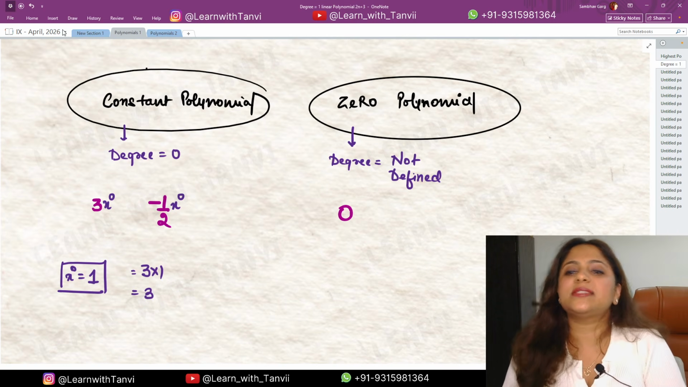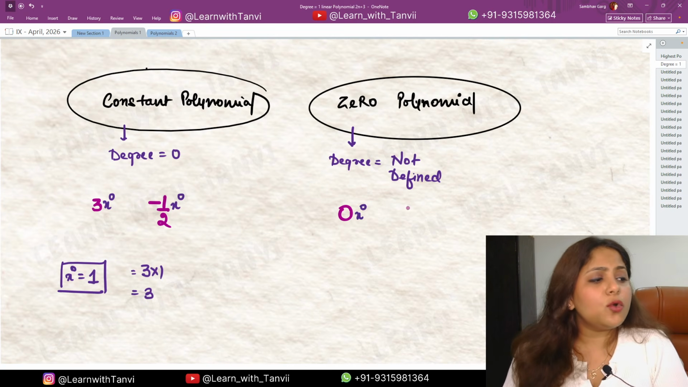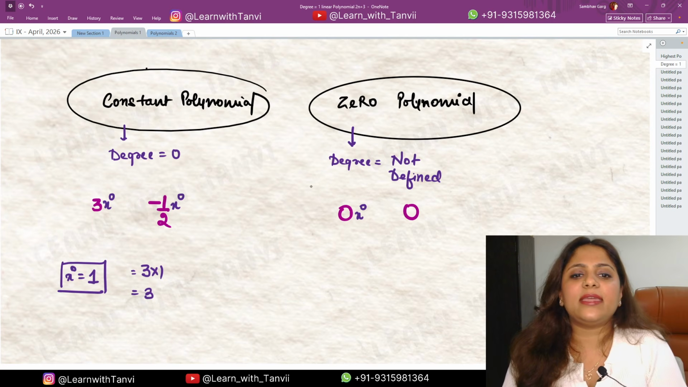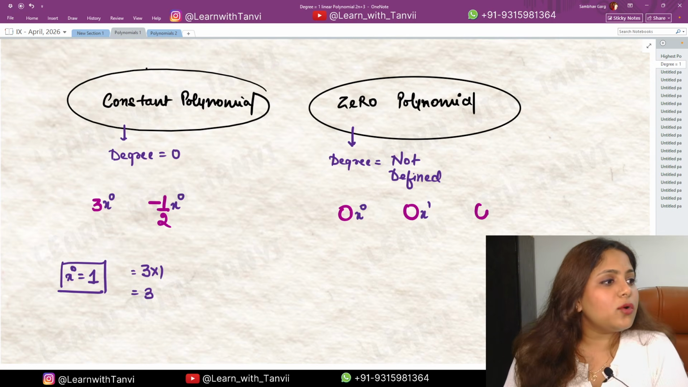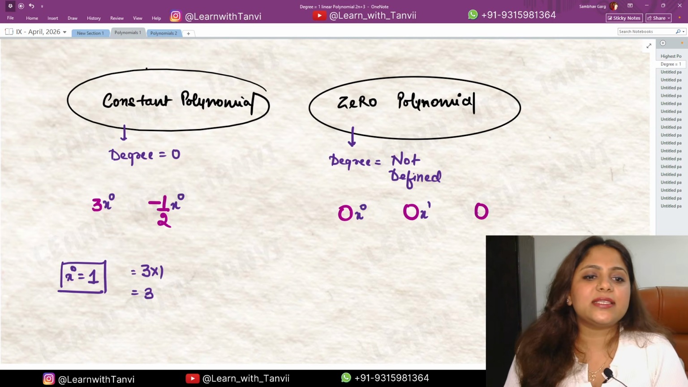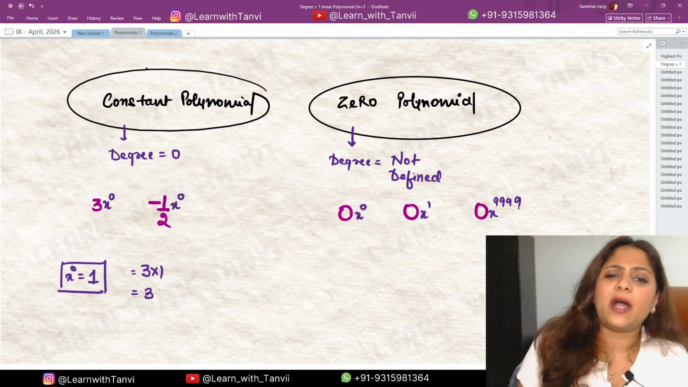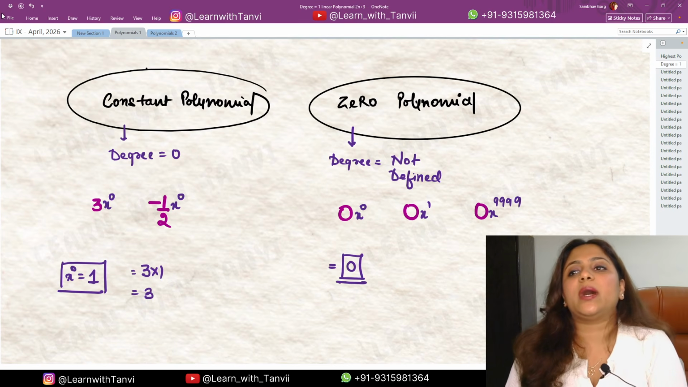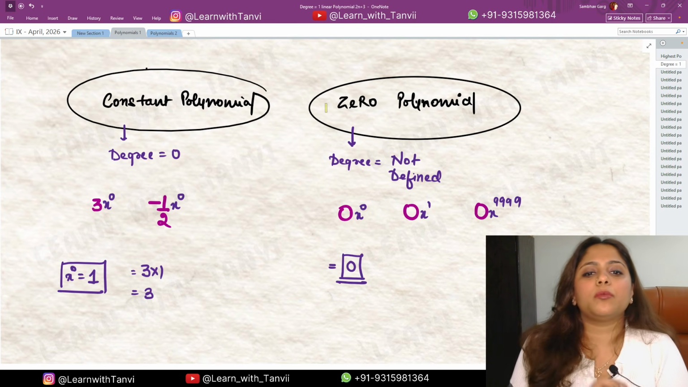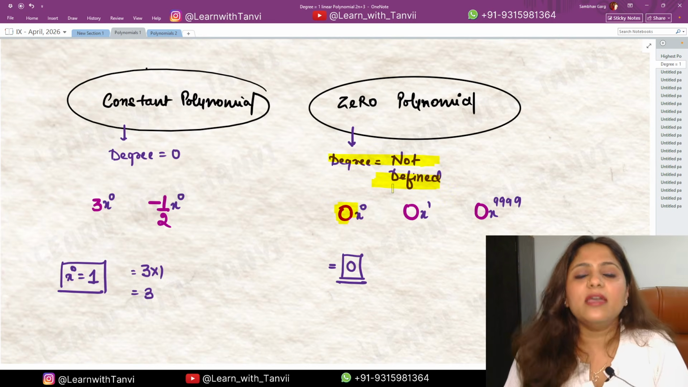अब 0 के साथ I can write x की पावर 0 also. 0 के साथ I can write x की पावर 1 also. तब भी वो 0 रहेगा. 0 के साथ I can write x की पावर let's say 999, means I can write any number, any power, it will still remain 0. So that is why the degree of zero polynomial, सिर्फ जो 0 होता है इसकी not defined होती है,